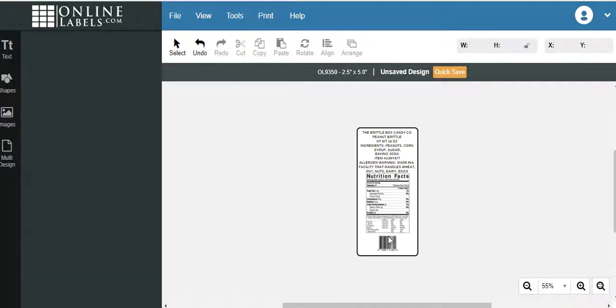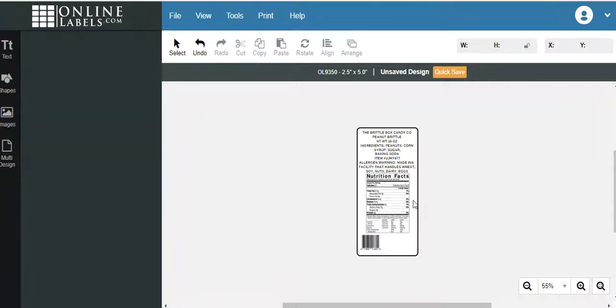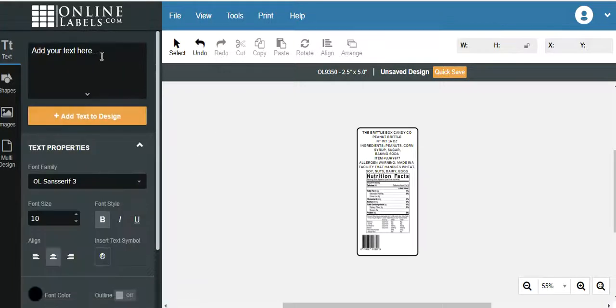One other thing that you will need to have space for, and I'm actually going to show how you can get that on there as well, is your business address. When you are producing a food product, you need to have an address of the company. Where is it being made and where is it being produced, okay? And we're going to add a text box, and let's say, I'm going to make up a number, 1234 North Avenue,